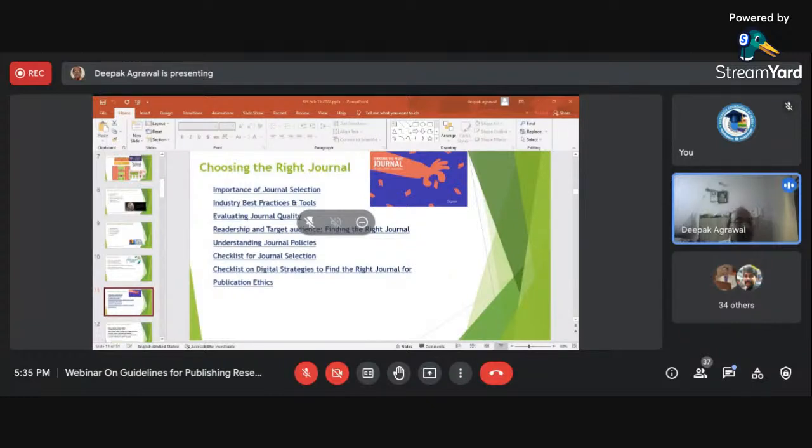There is also a concept of DOI. It is an advanced thing, but yes, you can go through that. You can just check it out, or whatever digital requirements are being made, please go through that before selecting or sending the paper for publication.